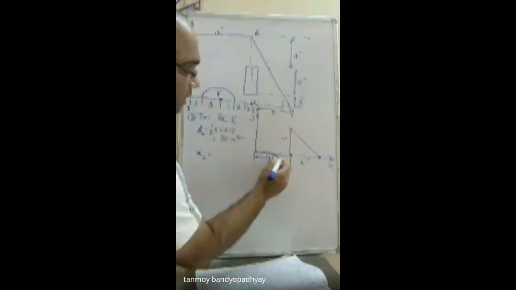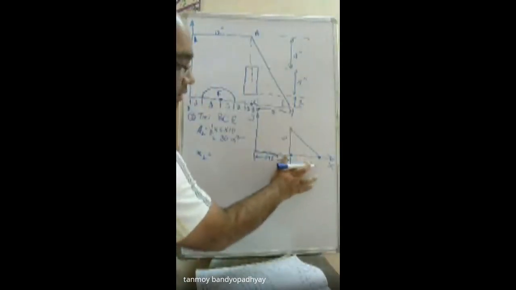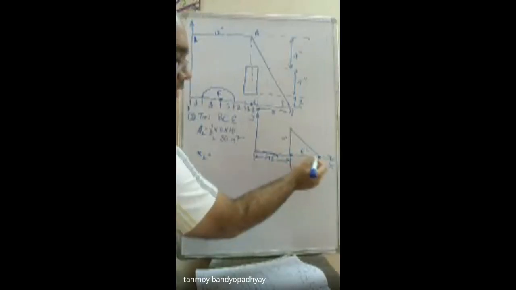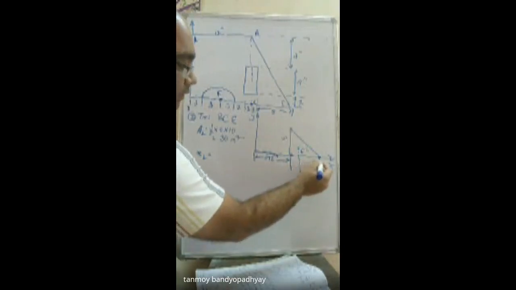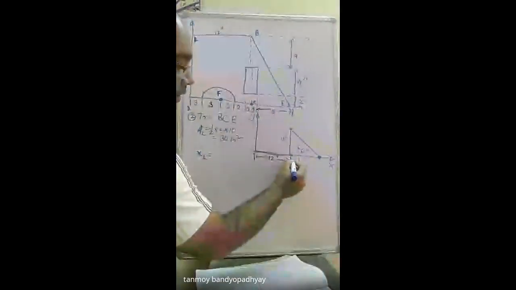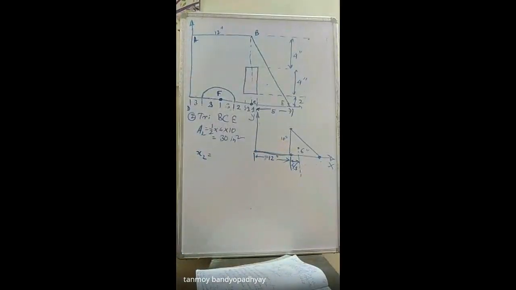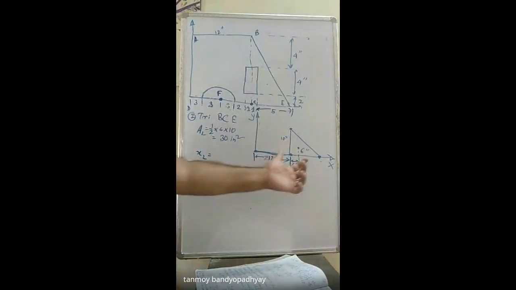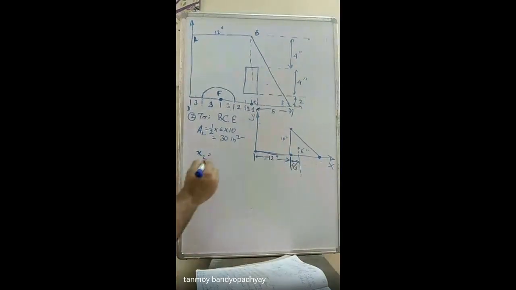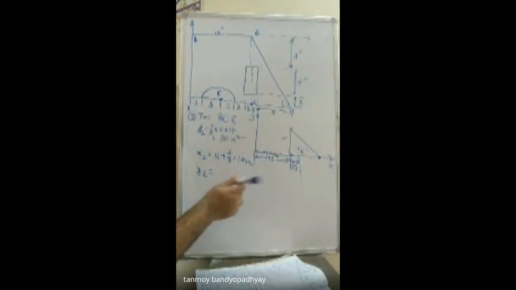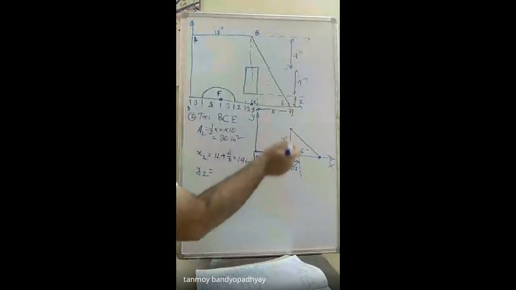So I have to initially travel a distance of 12 inches and then, so this is a triangle having a height of 6 inches, so the depth of the triangle is 6 inches. So the CG of that one from here it will be 2/3 h and from here it will be 1/3 h, so that will be equal to 6 by 3, h by 3. So the depth of the triangle from this side is 6, so this will be equal to 6 by 3. So we should be having 12 plus 6 by 3, so that should be equal to 14 inches.